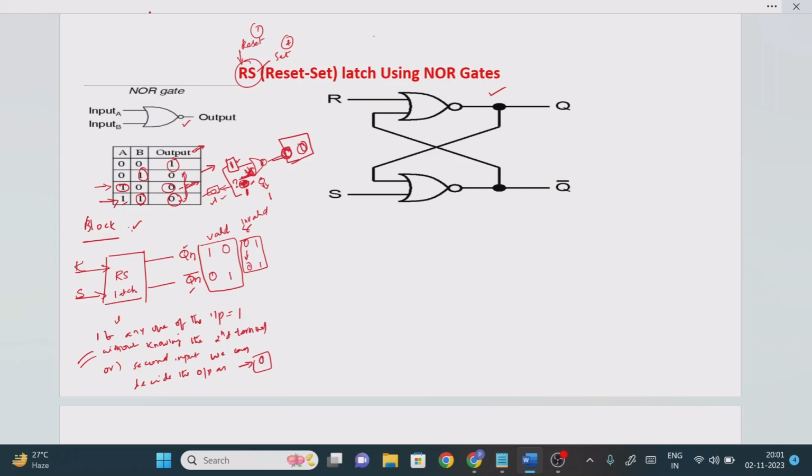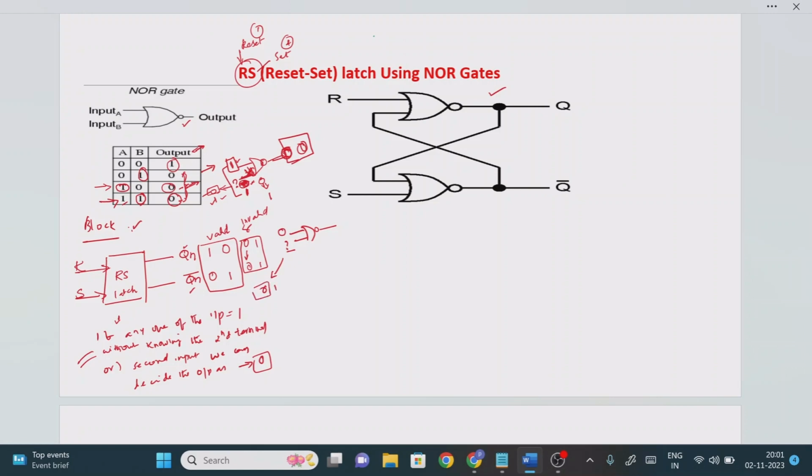Now you might have one more doubt. Suppose, for example, I am taking the same NOR gate operation, and one of my inputs is equal to 0. If I don't know the second input terminal, can I decide or find out the output by using only a single input variable? Can I find out the output or not? In this case, probably you cannot find the output without knowing the second terminal value. We will see why we cannot find it out. So what are this value's possibilities? Either it may be 0 or 1.